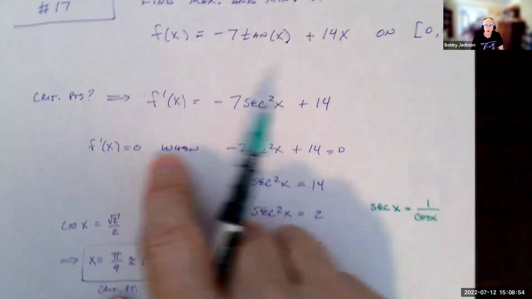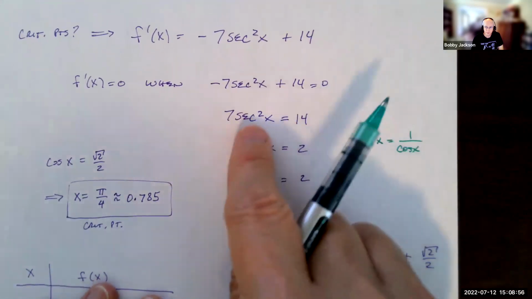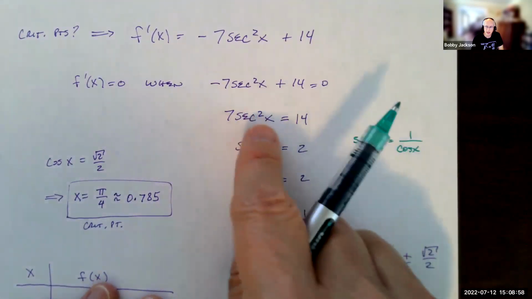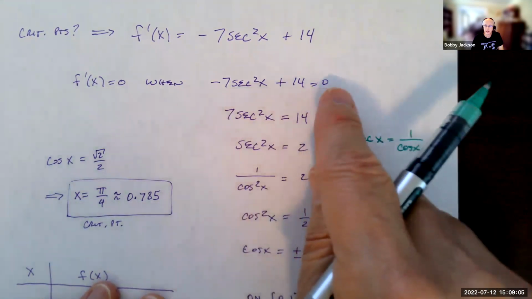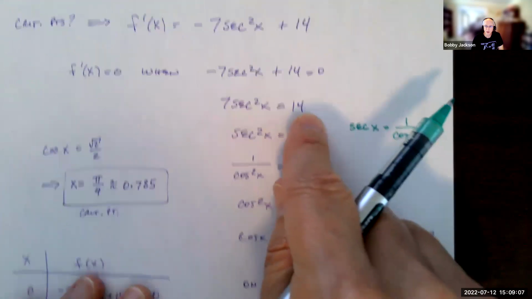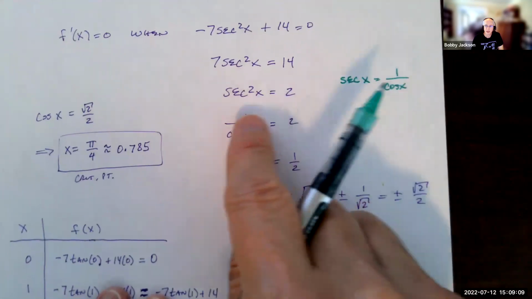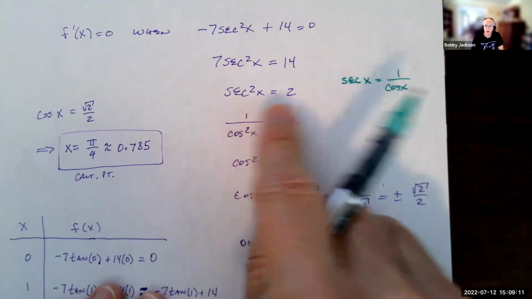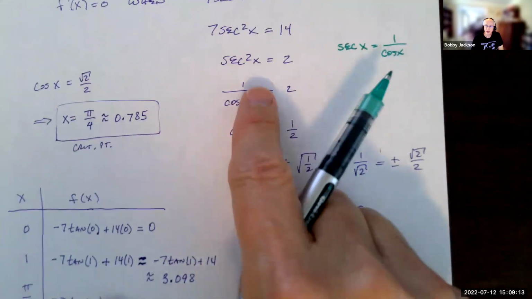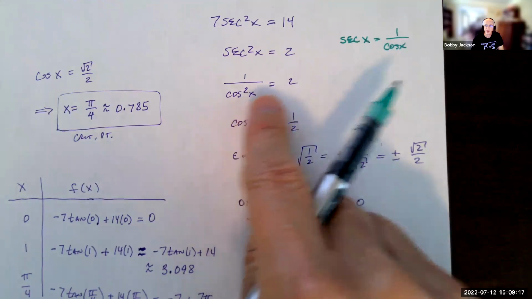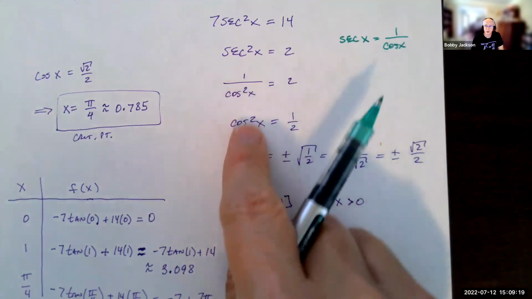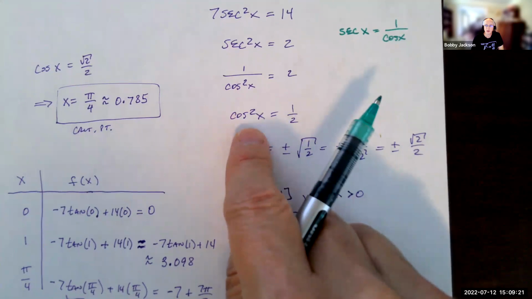But it is 0 when what? Well, it's 0 if 14 is equal to 7 secant squared x, right? If I just add 7 secant squared x to both sides, I get this equation. Divide both sides by 7 gives me secant squared x is 2. Remember, secant x is 1 over cosine x, so secant squared is 1 divided by cosine squared. And then since this is equal to 2, if I do the reciprocal of both sides, cosine squared x is